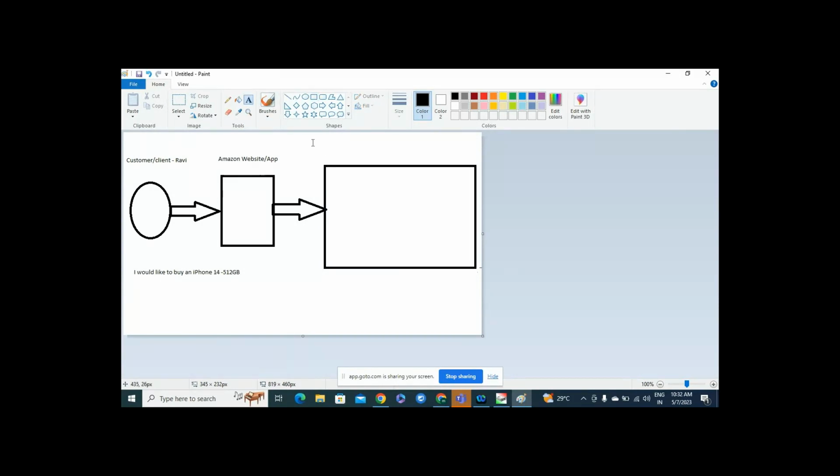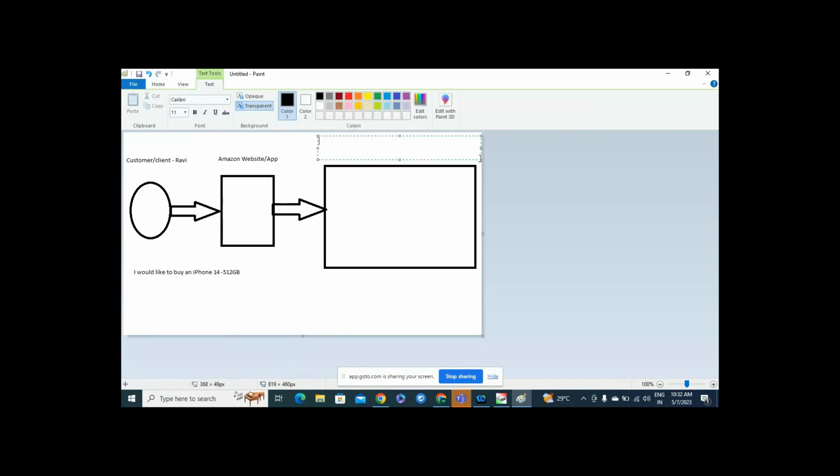This is a MuleSoft layer, or we can call it an integration layer, or a middleware layer.